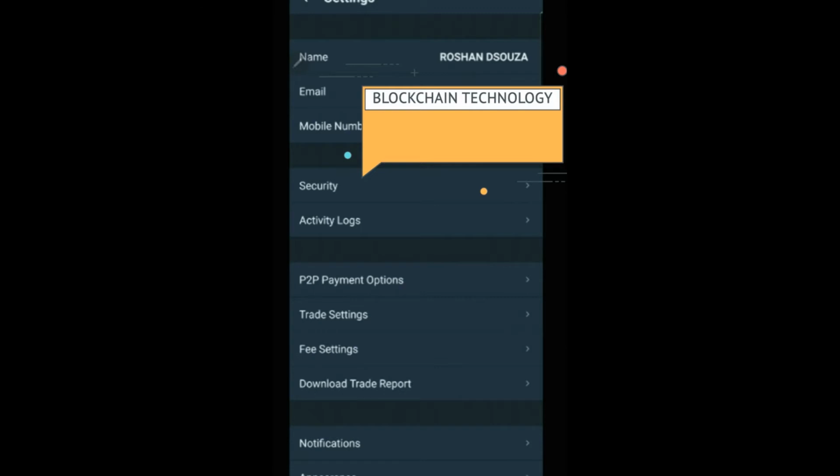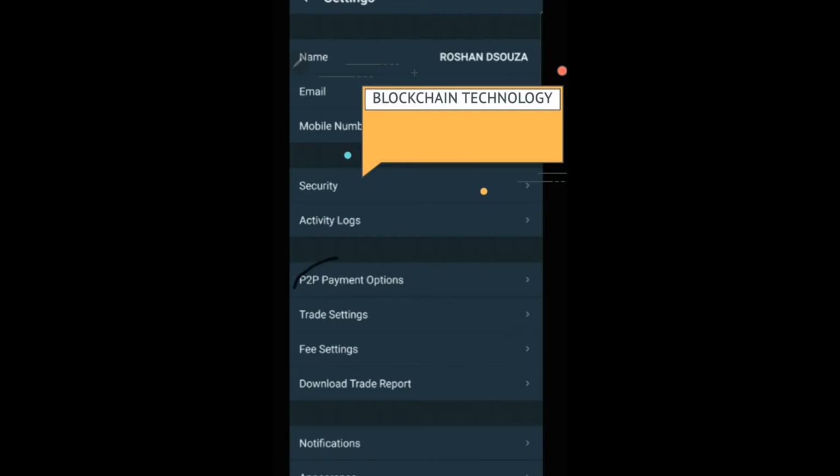Then the next step is to verify. Once this step has been done, it will go to WazirX support to verify the account. Within 1 or 2 business days, your account will be verified. Once the account is verified, you will be intimated through mail that your account has been verified. The next step asks for the payment option, the banking options. You have to verify your bank account once the KYC is done. So once the KYC is done, you have to click here.